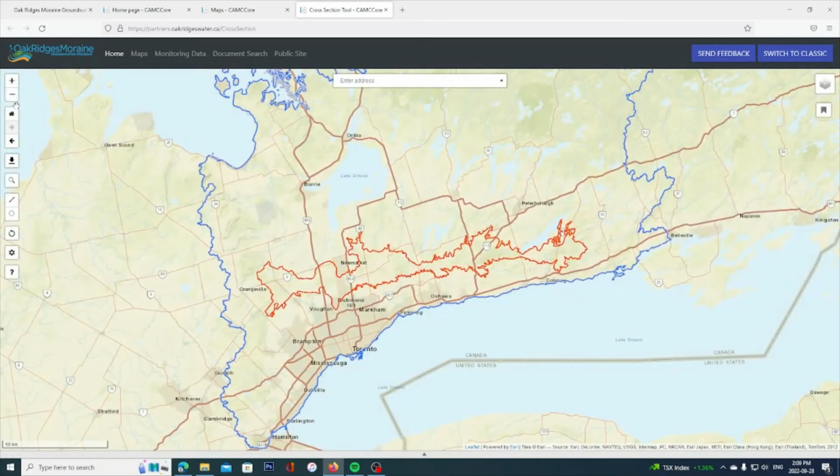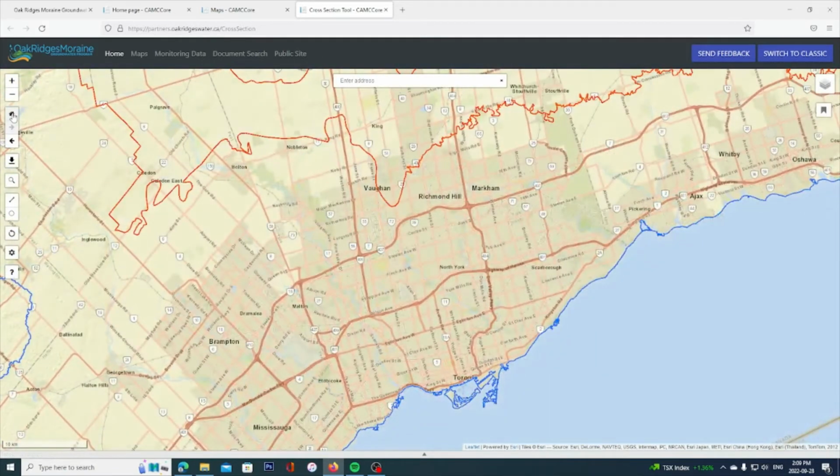And there's a few other icons here along the left. There's a home button, which takes us back to the original view that we looked at. There's right and left arrows for redoing and undoing. There's an option here to save the image that we've created. There's a search for wells, which is something that we will allow you to look in at a specific local area. There's also an address here you can look at along the top if you want to enter a road